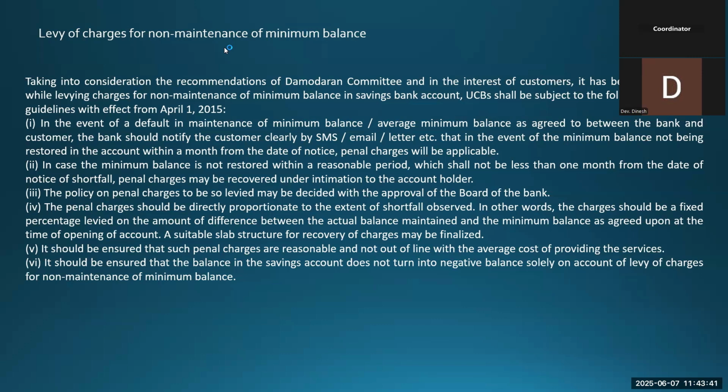So if the customer has maintained 75% of the required AMB, of the required minimum balance, then 200 rupees. If the customer has maintained only 50%, then it can be 300 rupees. If the customer maintains only 25% of the agreed AMB, then they can charge